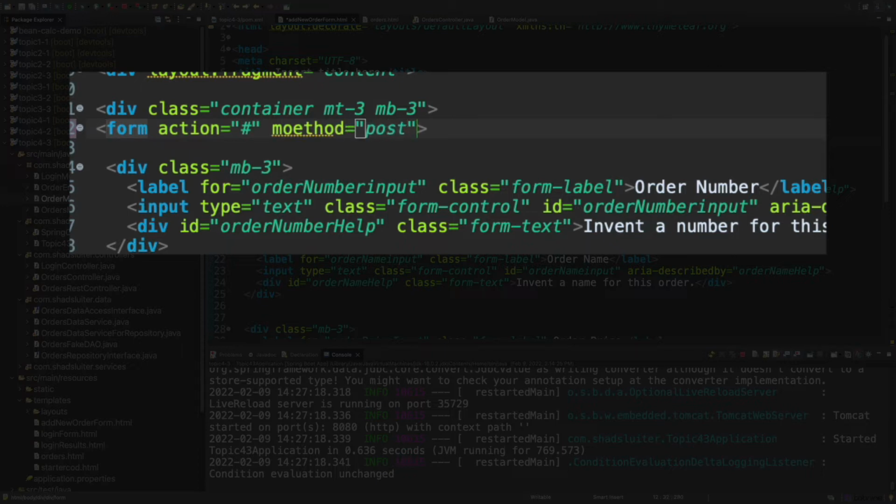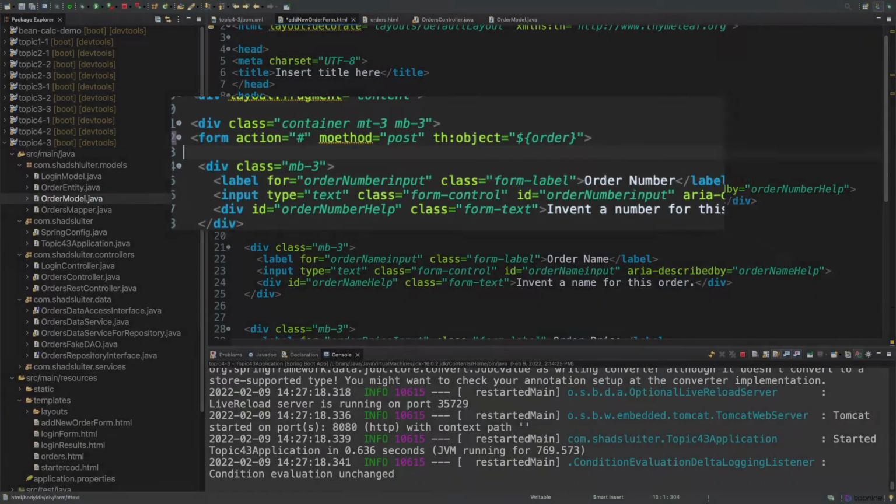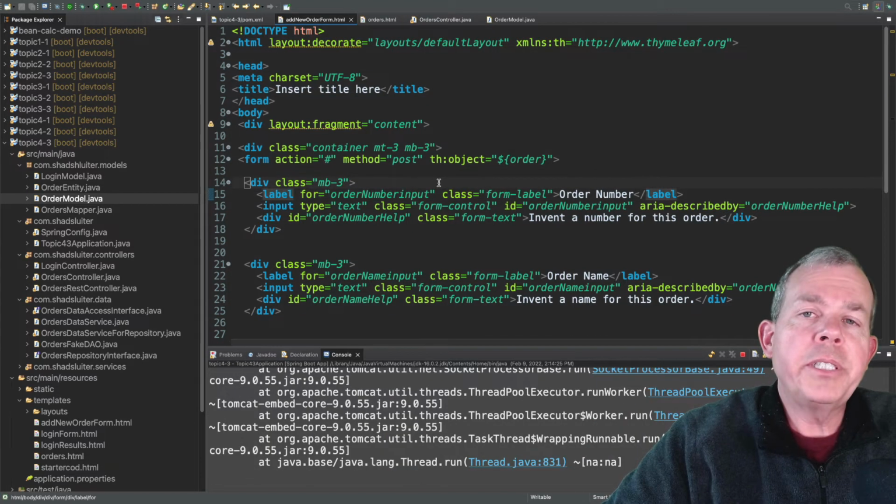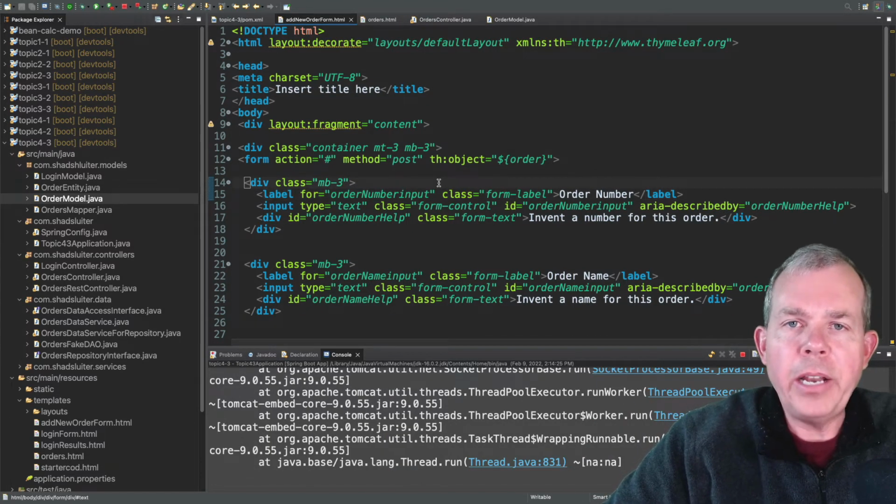The second item though is what kind of method is this? So this is a post method. And then finally, we're going to tell it to expect an object. And so th:object, Thymeleaf's object, means what kind of an object is going to be filling in this form. And of course, we sent to it the item called order. Now it looks like I can't spell method correctly, so let's go ahead and change that to method, and the error goes away. Okay, so now it's time to put in the property names for our entry